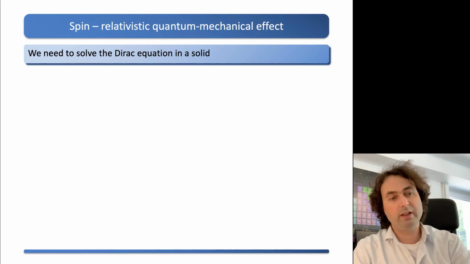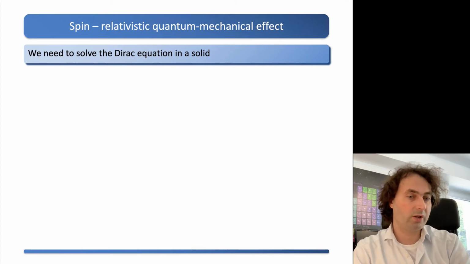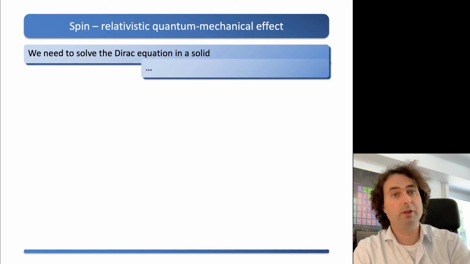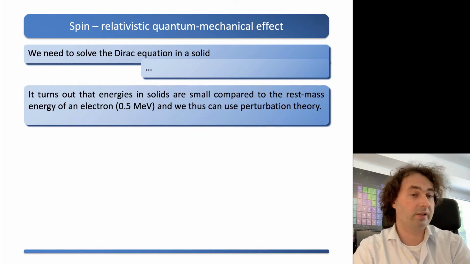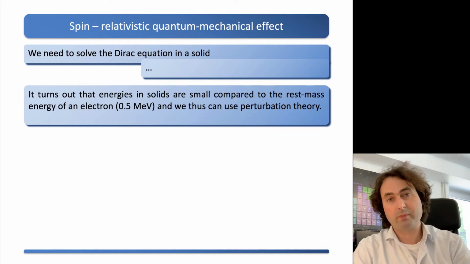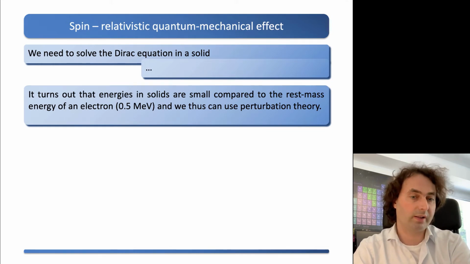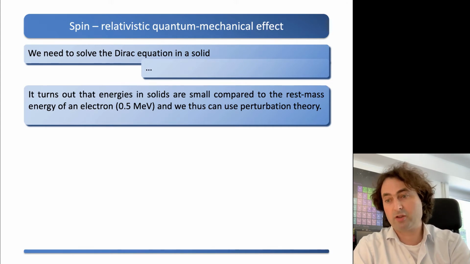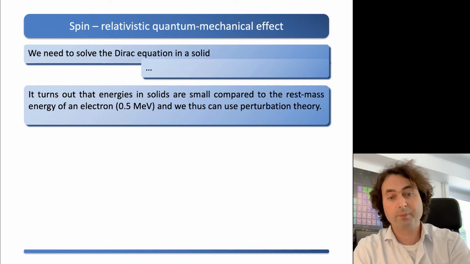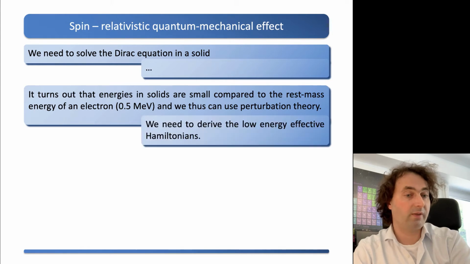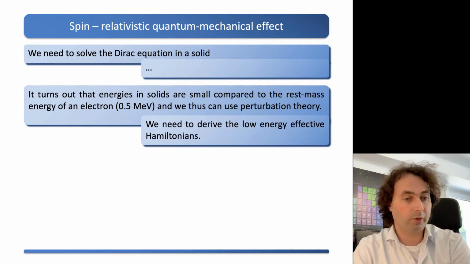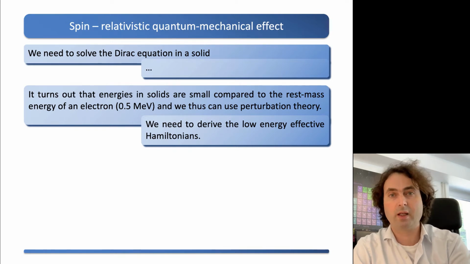So in the end, what we need to do is to solve the Dirac equation in a solid, which could become extremely complicated if you really want to do this exactly. Luckily, we do not really need to solve the Dirac equations. The rest mass of an electron is much larger than the energy scales of interest, such that we can use perturbation theory. And for that, we will have to derive a low energy effective Hamiltonian, and that's what we'll do